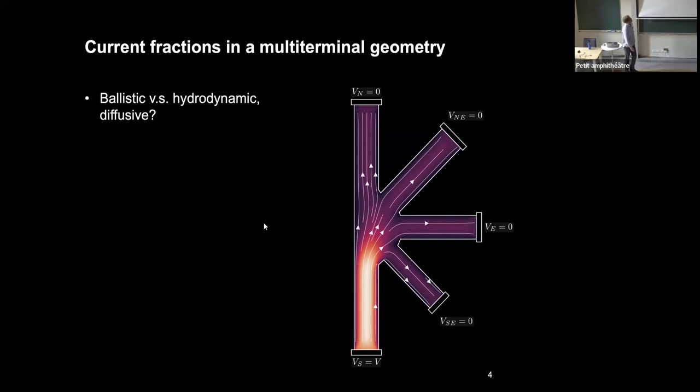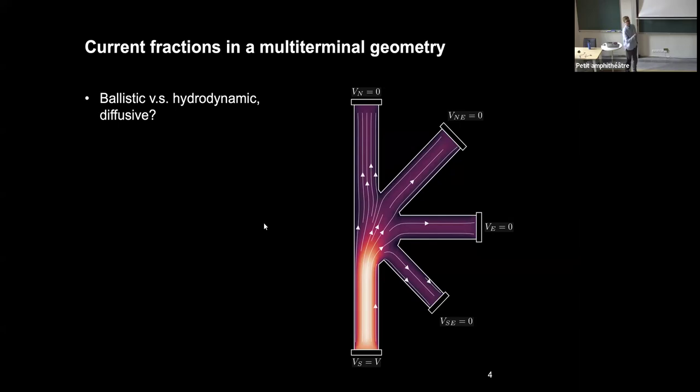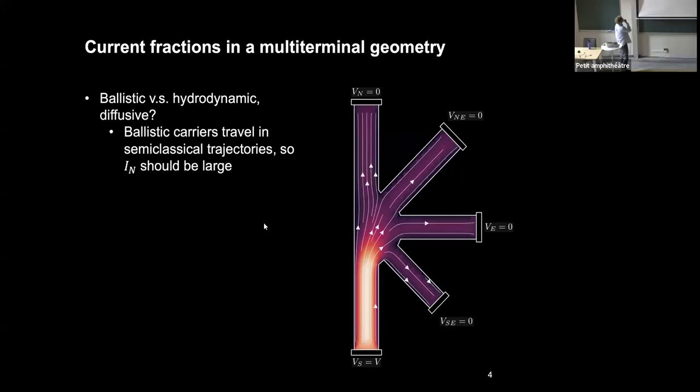So let me try to give you some design principles of why we might expect this device could help us distinguish these regimes of transport and tell us something about the scattering processes or physics that's happening in the device. Let me start with the ballistic case versus the hydrodynamic or diffusive sort of together. And there, a pretty simple principle is that ballistic charge carriers, if they're moving in semi-classical trajectories, they should just want to go in straight lines. So you should expect that the majority of the current simply goes up into the north drain